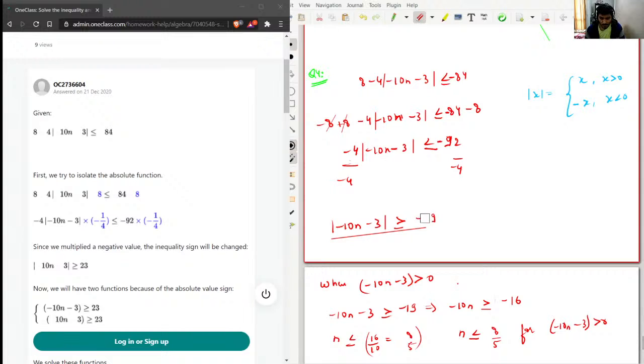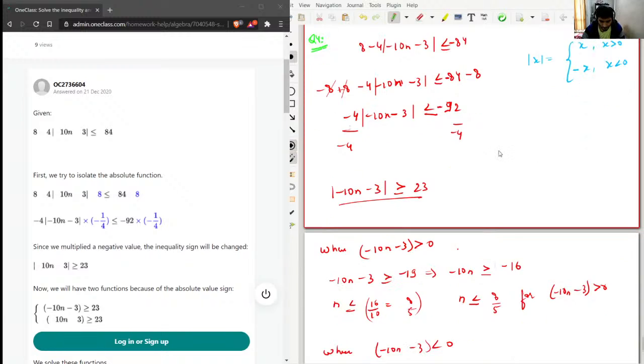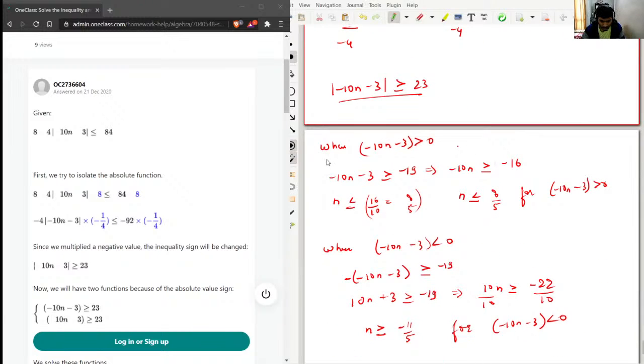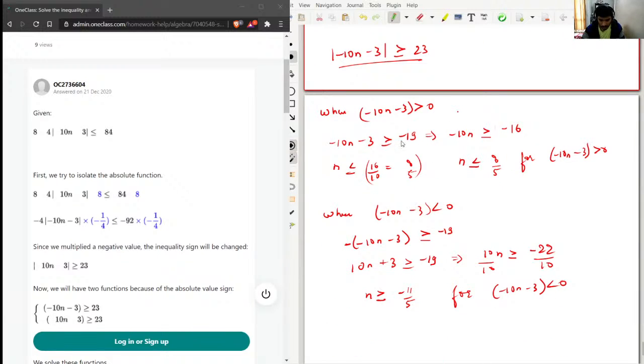Okay, just a minute. Minus minus will become plus, so this will be 23. We'll operate this, so this will be 23. I'll just make the appropriate corrections,